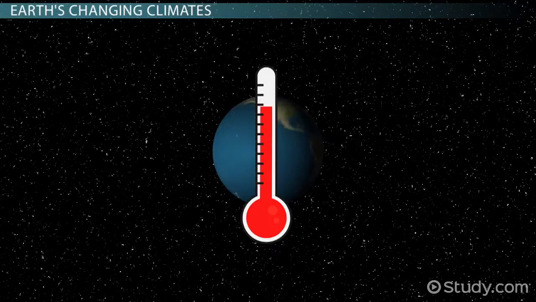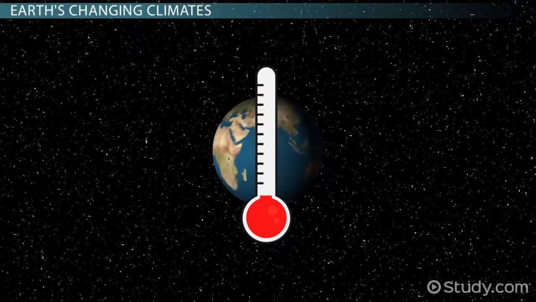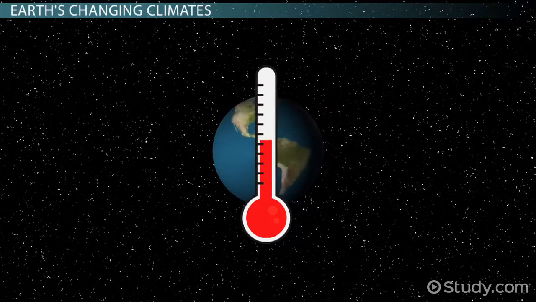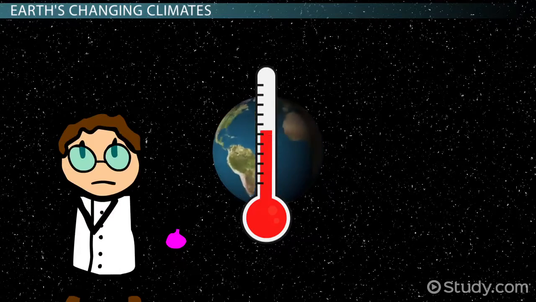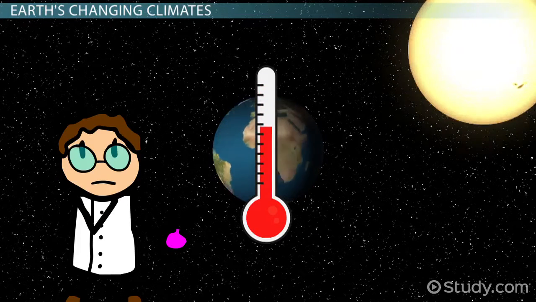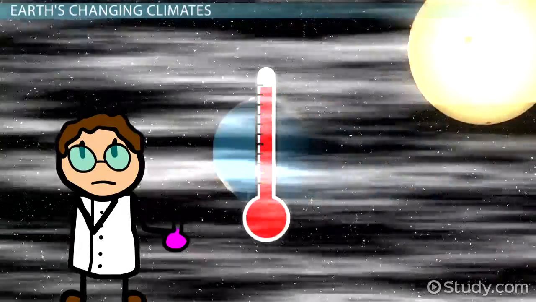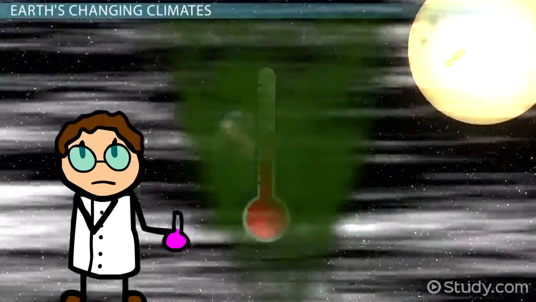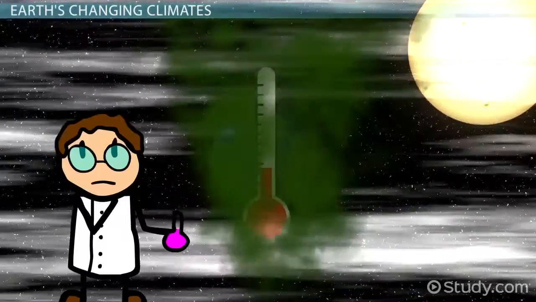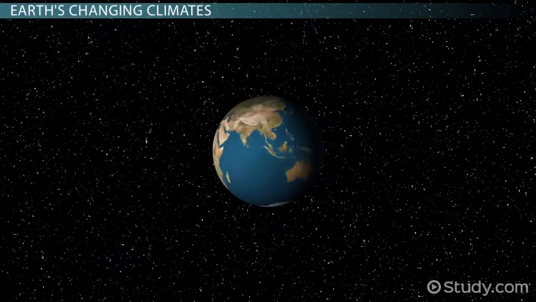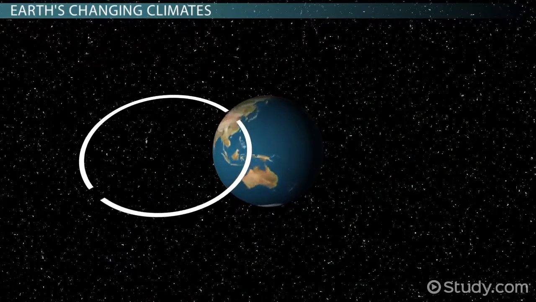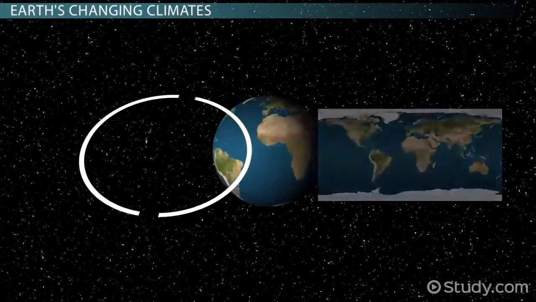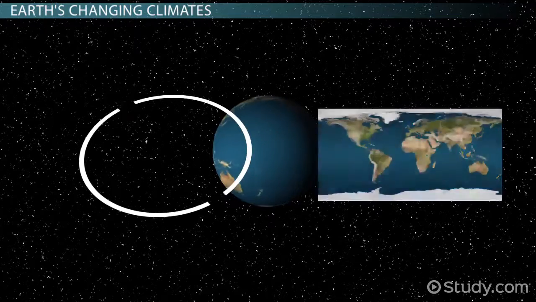Over the last 650,000 years, the Earth's global temperature has gone up and down in a regular pattern. Scientists have linked these cycles in our Earth's climate to several factors, including changes in solar radiation, changes in atmospheric turbidity, and changes in radiation-absorbing atmospheric gases. In addition to factors that change Earth's temperature globally, phenomena such as changes in the Earth's orbit and changes in the Earth's surface affect climates locally.